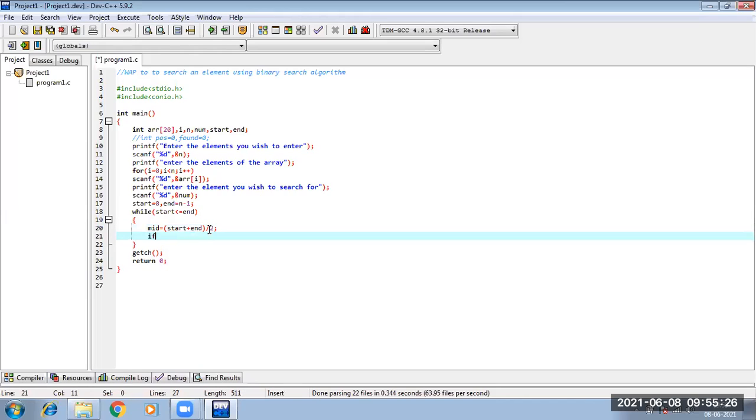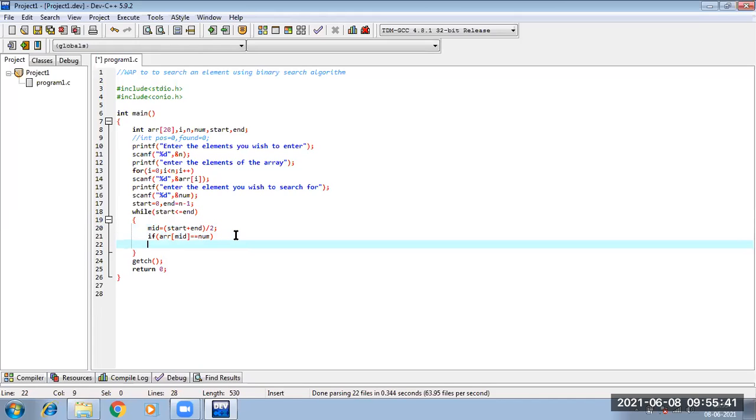Then we are checking if arr of mid location is equal to our num.